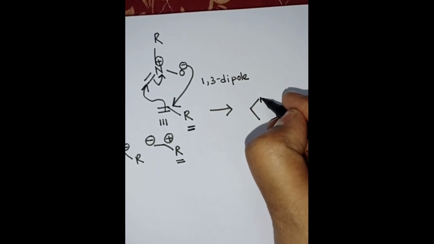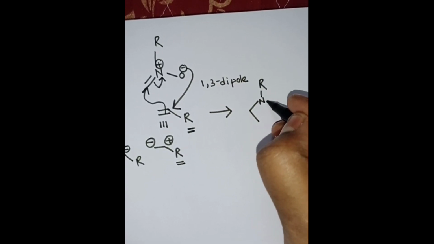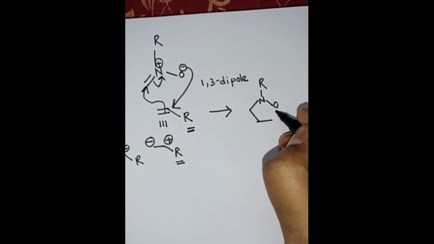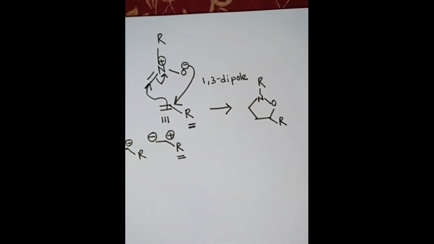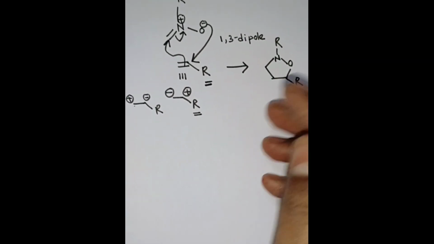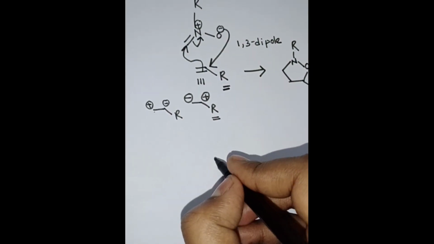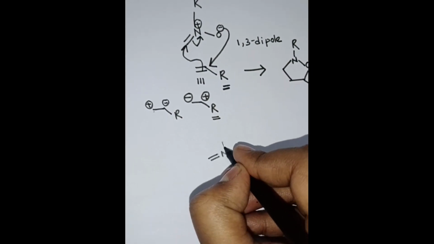The product will get this 5-member cyclic compound we will get. Now suppose same 1,3 dipole I am using,